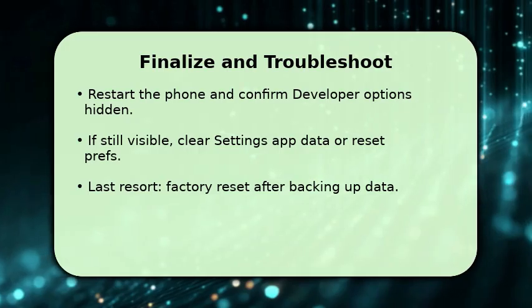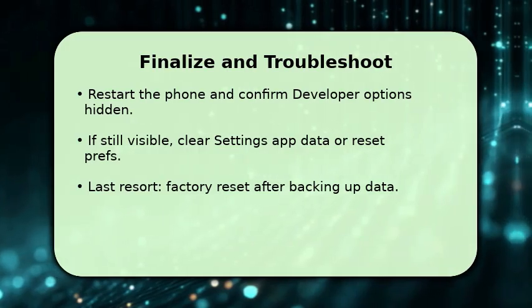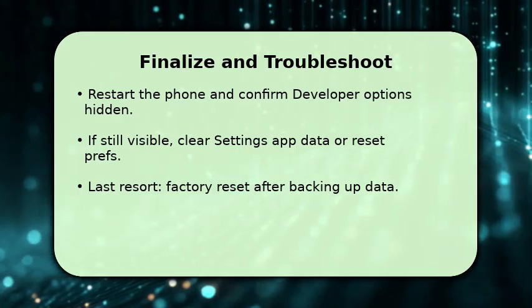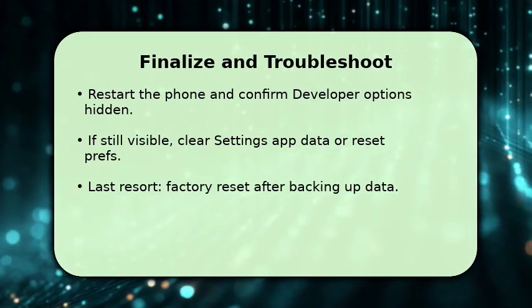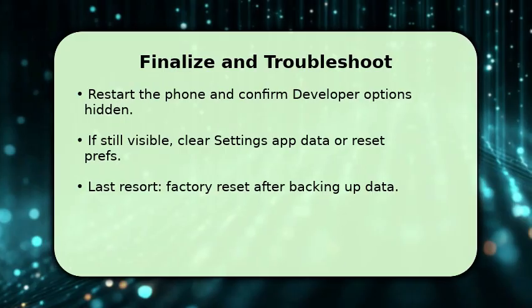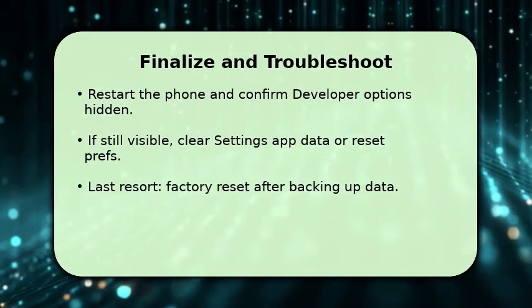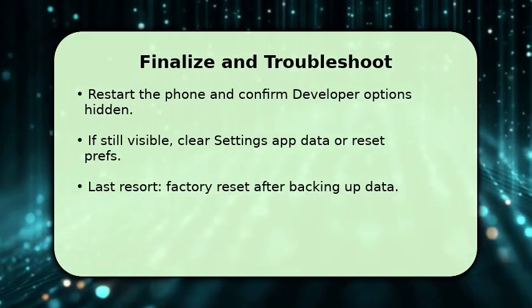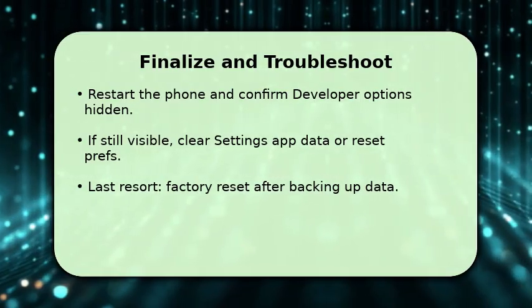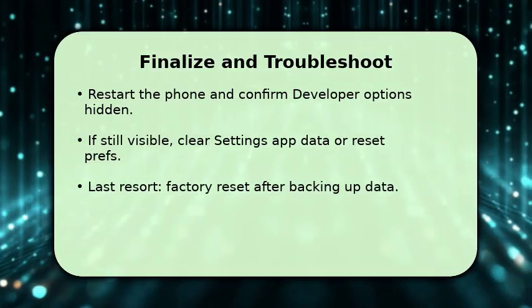If the developer menu still appears, clear settings app data via apps, settings, storage, clear data. This removes the developer flag and hides the menu. Make sure you back up custom settings first. If clearing data fails and security is critical, consider a factory reset as a last resort. Tip: always revoke USB authorizations first. That prevents a connected